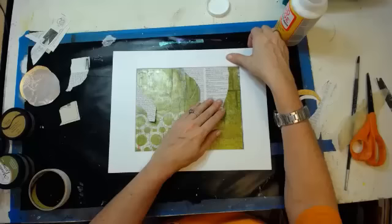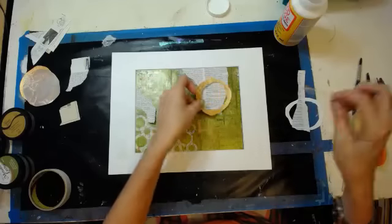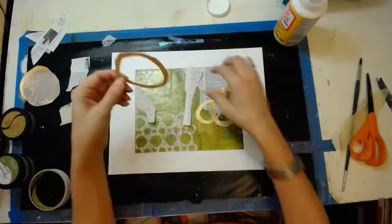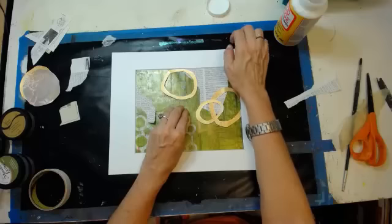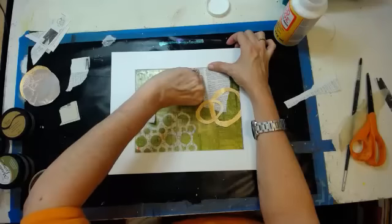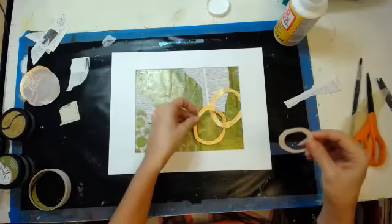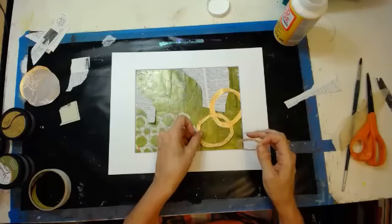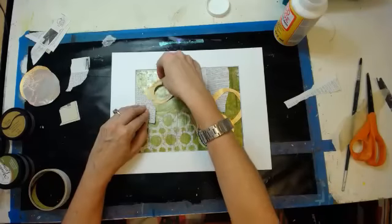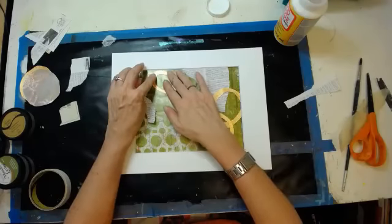However, this is a piece for Eileen, so we might need some black. You never know. And then let's do that. Okay, let's do this way, and maybe this one's